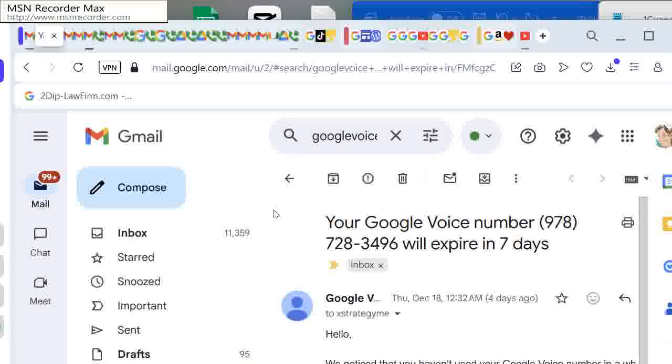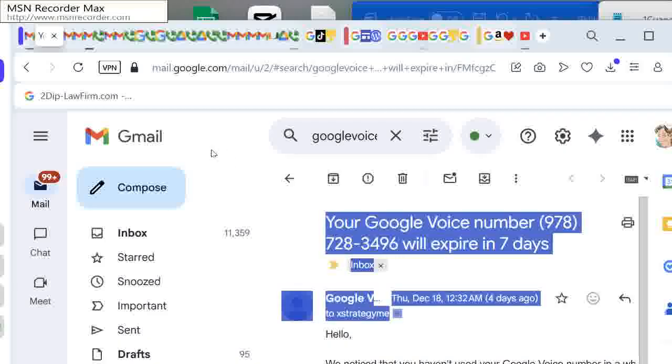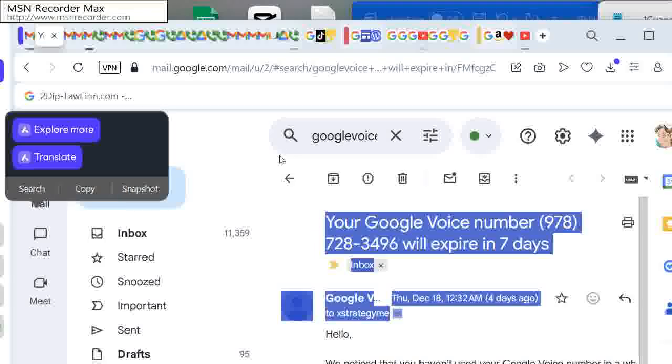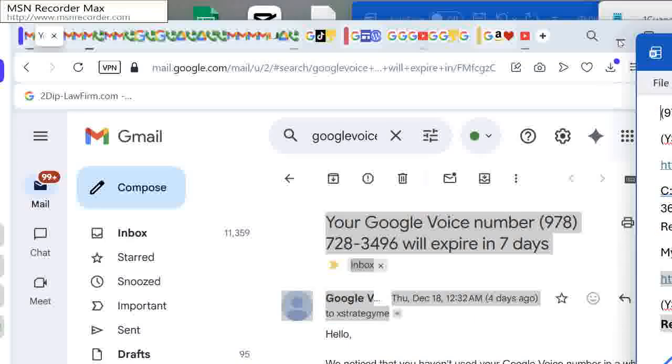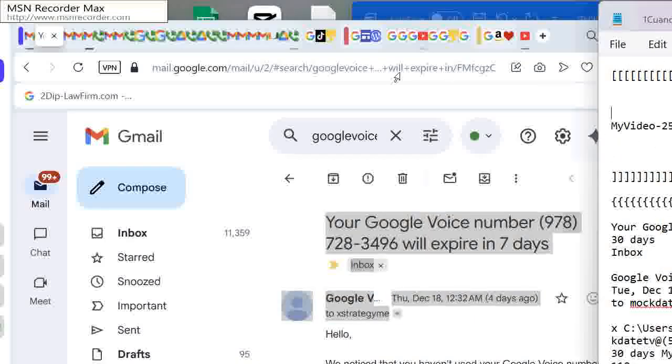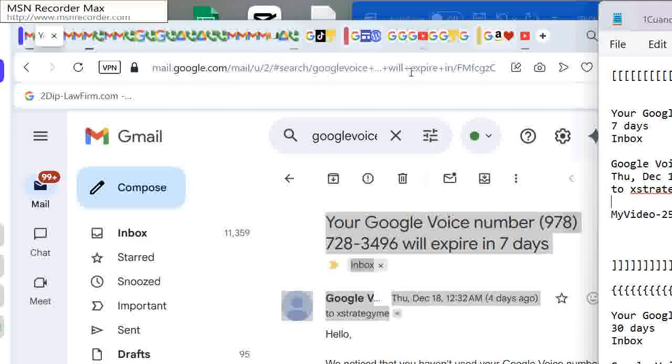As you can see, it says your Google Voice number will expire in 7 days. So I'm going to copy it, Control C, minimize my Word document, and paste it in the message above with Control V. And this is the account that I need to deal with. So I'm going to copy to the clipboard buffer, X strategy me, and make an outbound call to